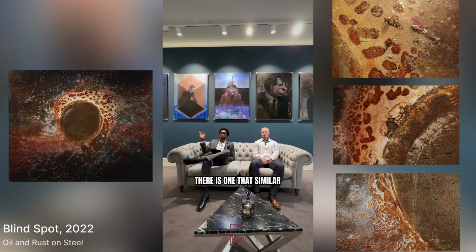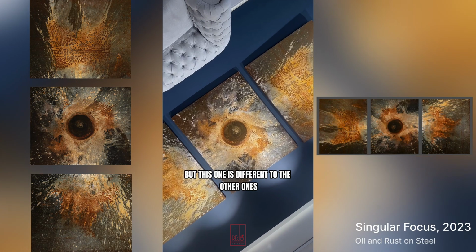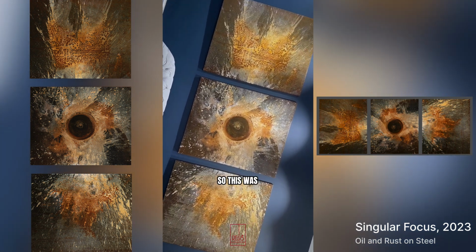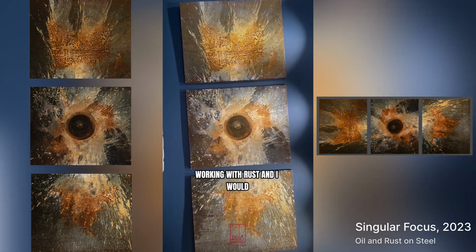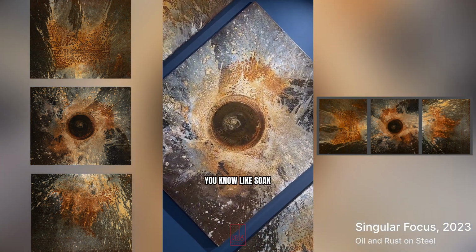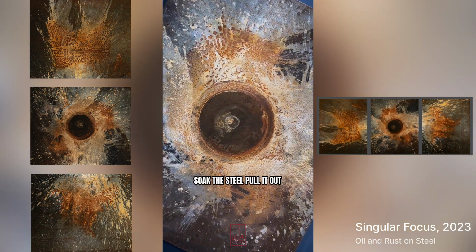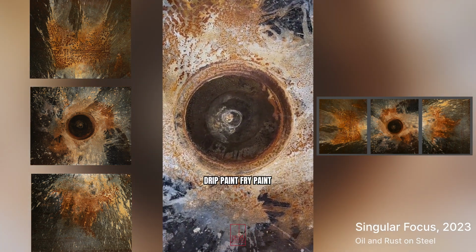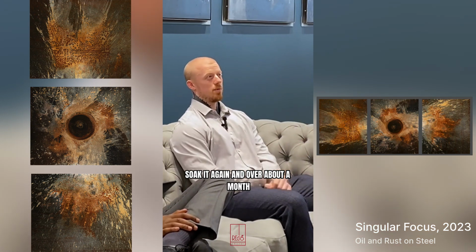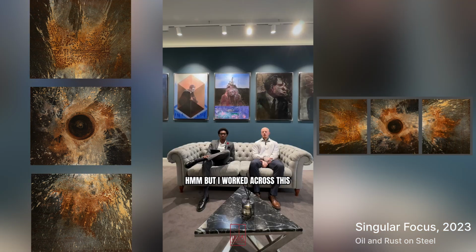There is one that's similar, but this one is different to the other ones. What was the process of making something like this? So this was working with rust, and I would soak the steel, pull it out, drip paint, throw paint, soak it again, and over about a month, I think 4 to 5 weeks, that I worked across this, and then it's lacquering over the top to seal everything in,